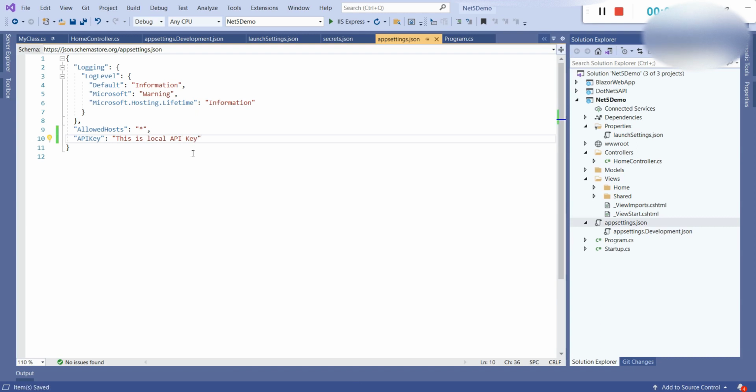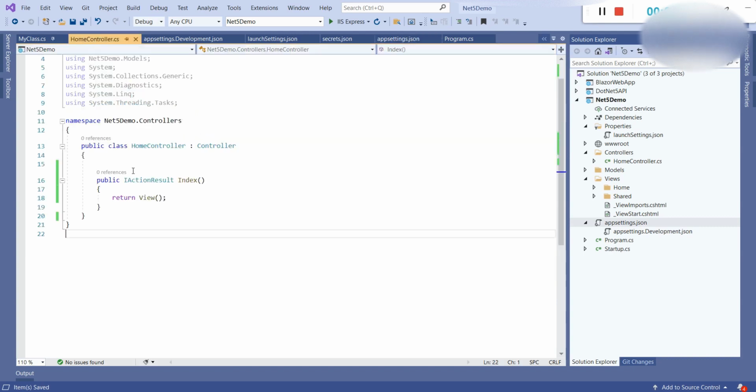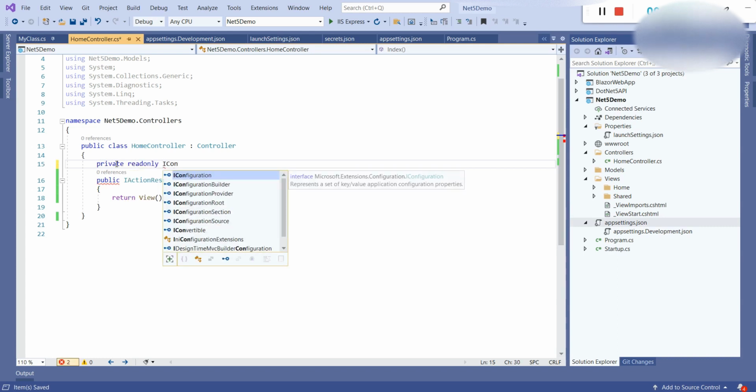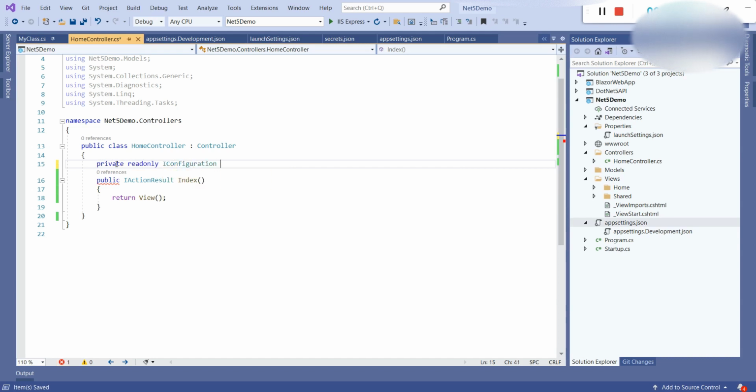How to access this key in our code first? Let's see this. Go to your controller class, create a property, private readonly IConfiguration, and name it configuration.